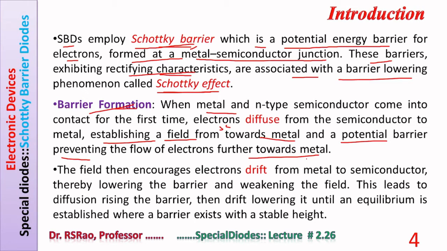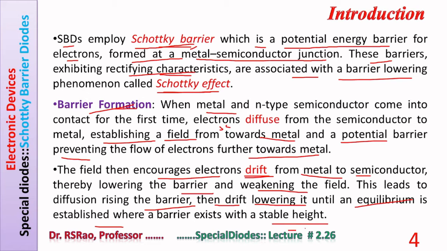Here, the formation of the barrier is being described. The field then encourages electrons to drift from metal to semiconductor, thereby lowering the barrier and weakening the field. This leads to diffusion, raising the barrier, then drift, lowering it, until an equilibrium is established where a barrier exists